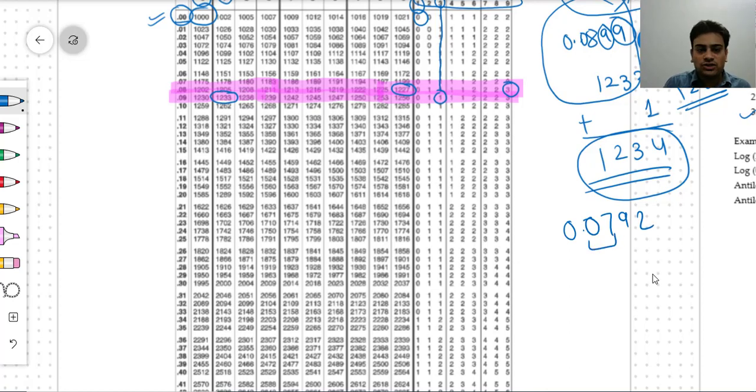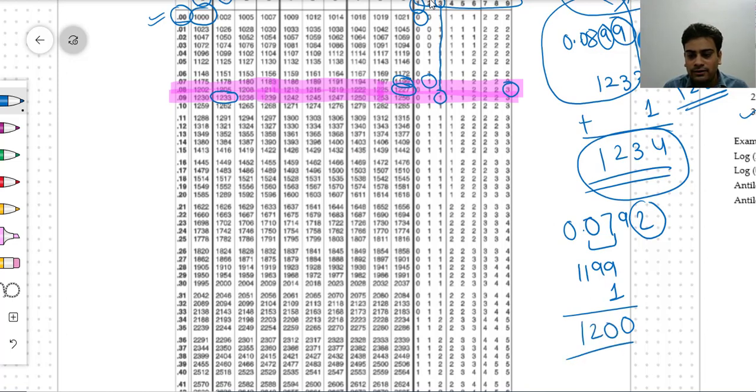So first we try to find the number for this particular Mantissa, 0.0792. So your first 2 digits are 0.07. So you can look at this particular 07 row and then 9. Your number is basically 1199. Correct, right? Since the size here is small, you can download the file and zoom in to look at the values. And since my mean difference is 2, you look at the 2 column for the corresponding 07 row. So it is equal to 1. So again you add it to the last digit, so it is 0, 0, 2 and 1. So here your number is 1200.